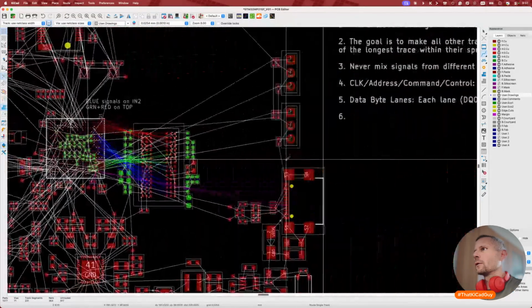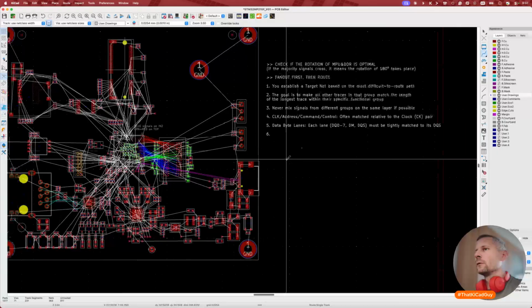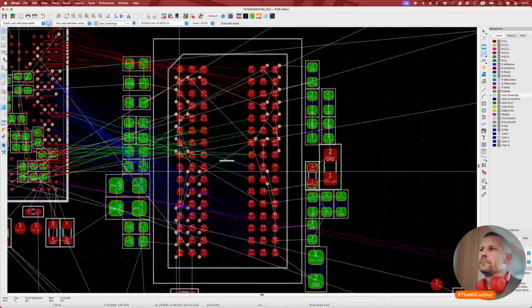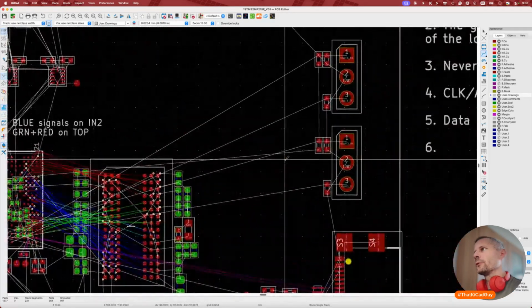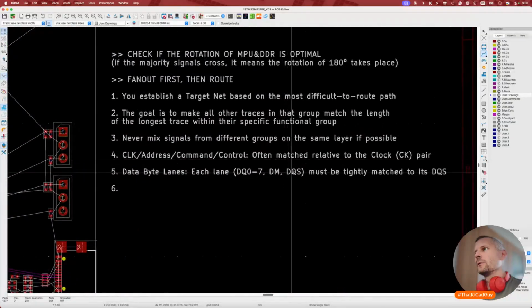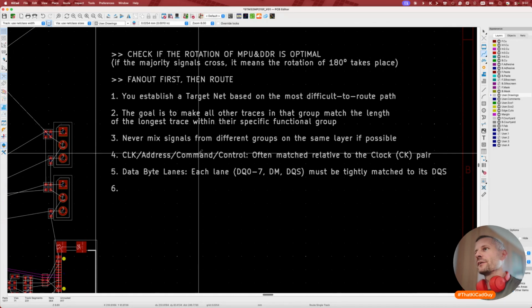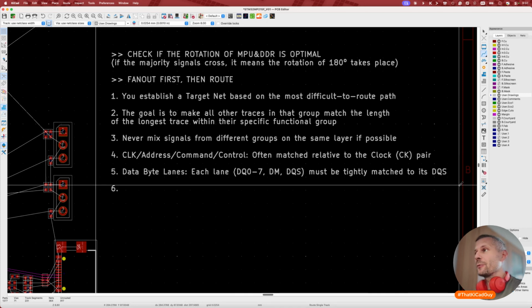The clock, I don't know. I don't know where to route the clock signal. Never mix signals from different groups on the same layer if possible. Well, it's a great tip, but